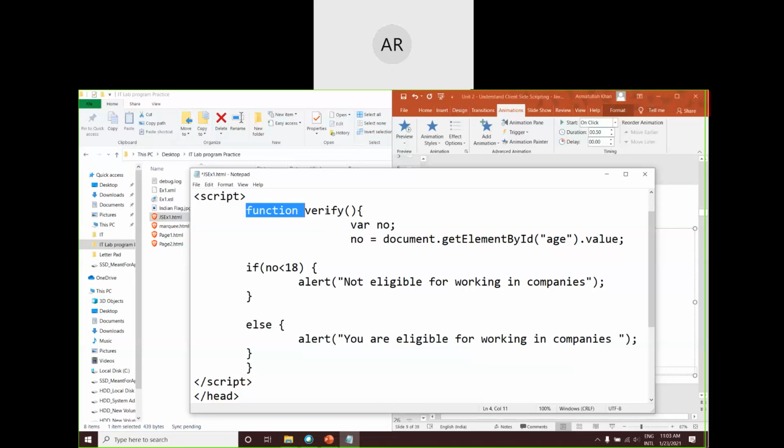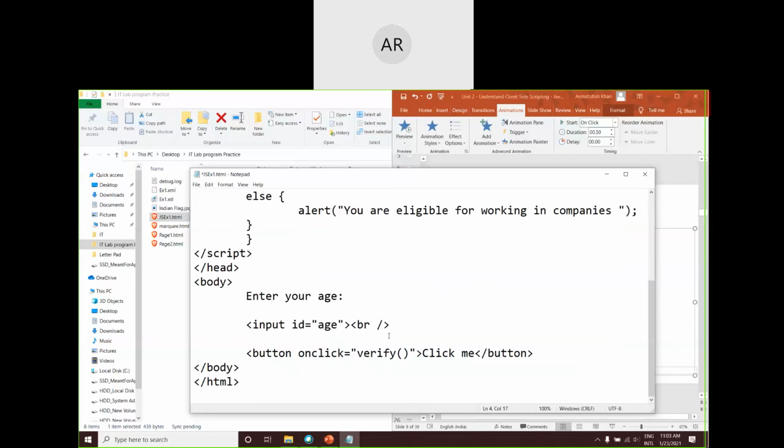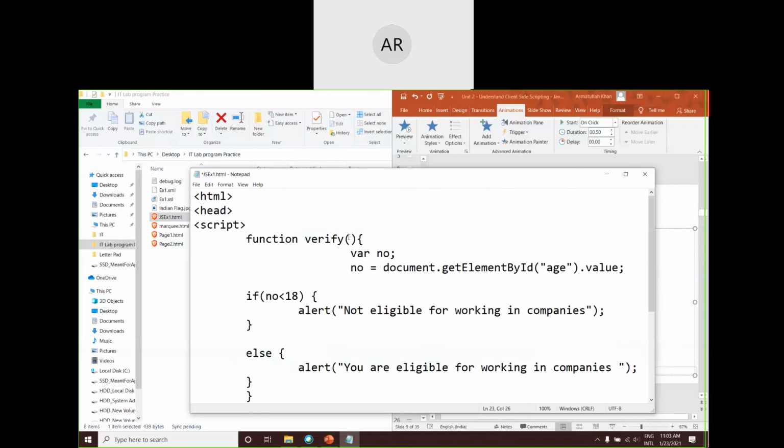Okay, fine. Come back. So we have to define a verify function, right? Here, are we passing any parameters to this verify? No. So here also it should not have any parameters inside. Every function starts its definition with an opening brace and is closed with a closing brace. So these two are the opening and closing braces for it.